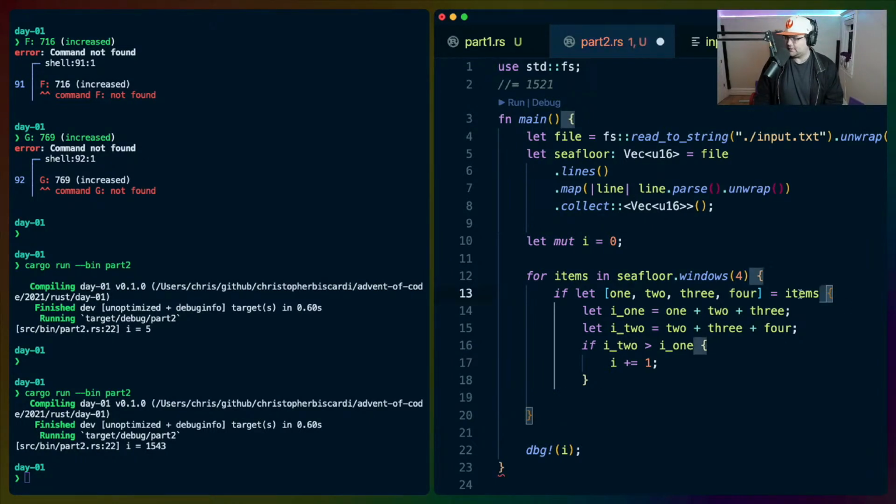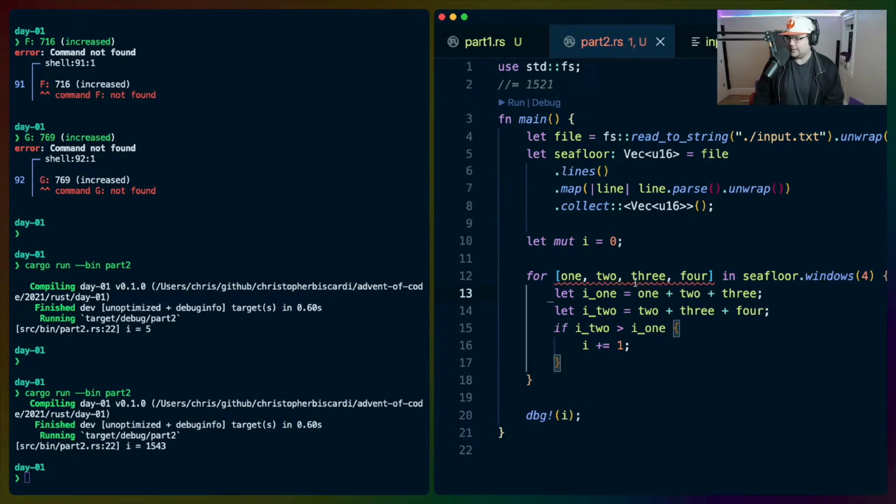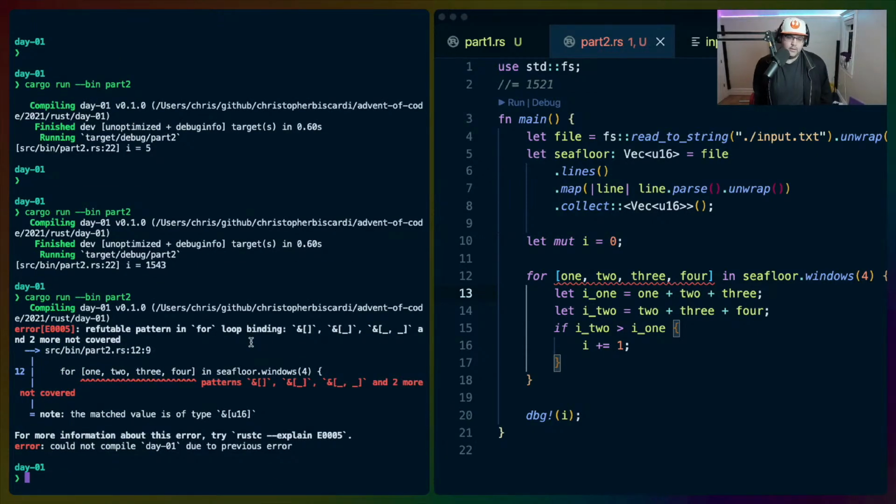So this works. Happy with that. The peekable thing is something I need to look into. This is a kind of a question mark for me. Because it wants us to pattern match on like 0, 1 item, 2 items. I assume 3 items. And then maybe more than 4 items.